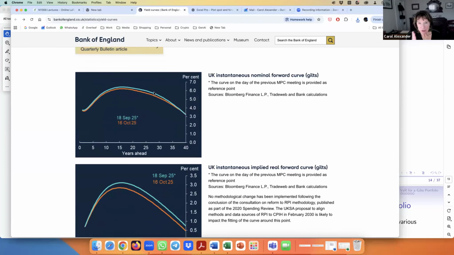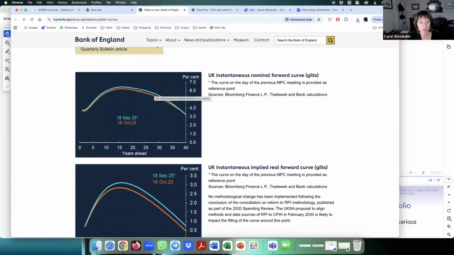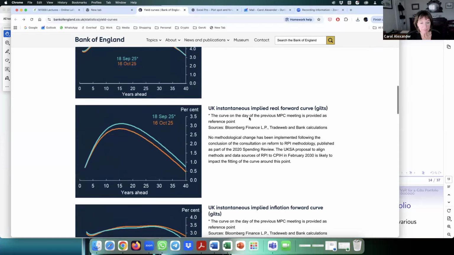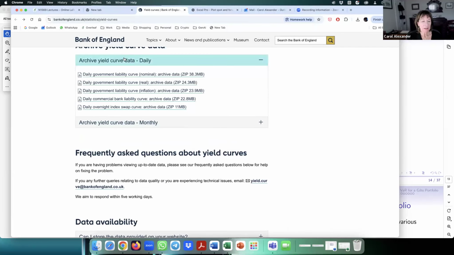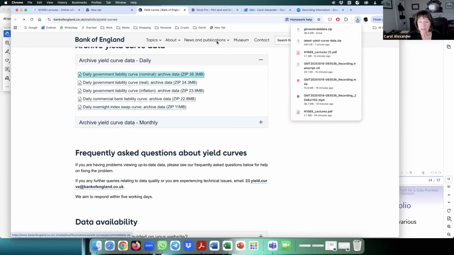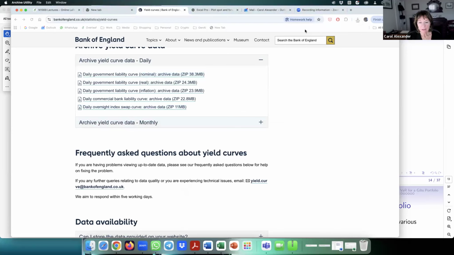These are the slices through that I was talking about of the time series evolution of different maturity interest rates. So the blue one is what it looked like on the 18th of September, and the orange one is what it looked like at the end of last week on the 16th of October. And here's the data we're going to look at. I'm not going to look at monthly data. Economists would want to look at monthly data, but I'm not. I'm going to look at this government liability curve. So here it is. So if I open it up,